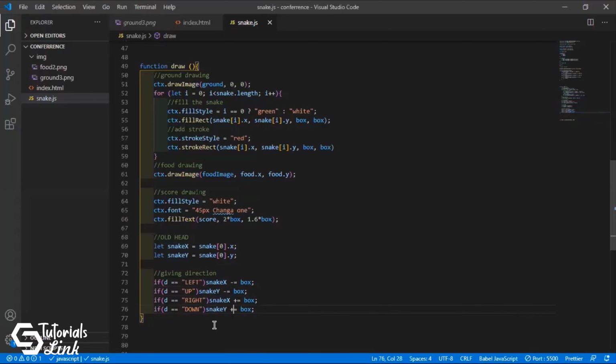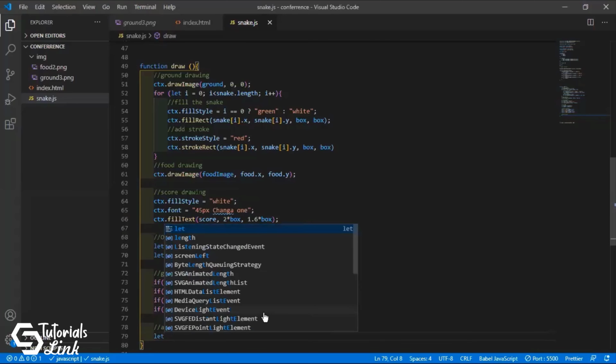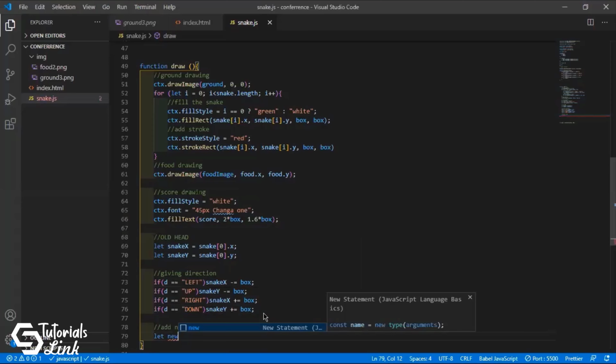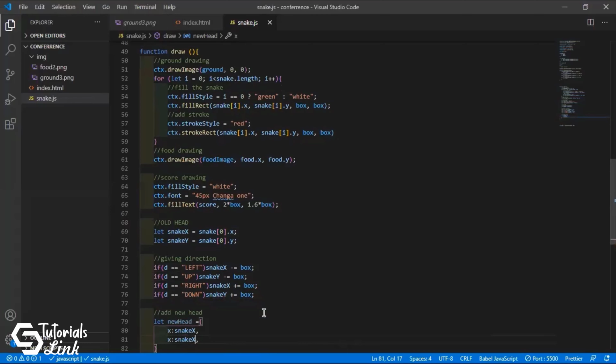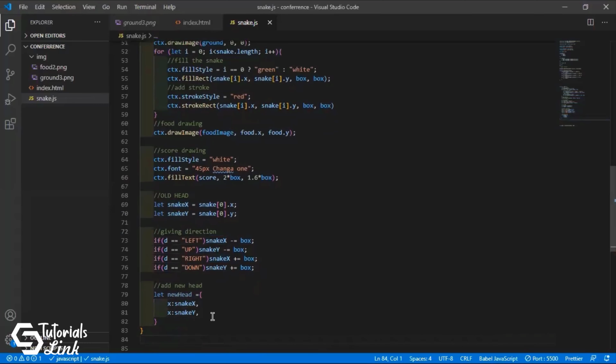Everything is going well. Now we have to add a new head. Why do we need to add a new head? Because every time it moves, we need to shift towards our new head. So I'll create a new head object, and inside I'll have the x-axis value, which will be snake x, and the same with y.